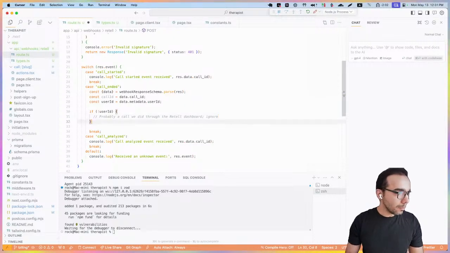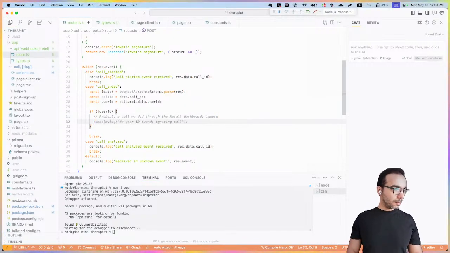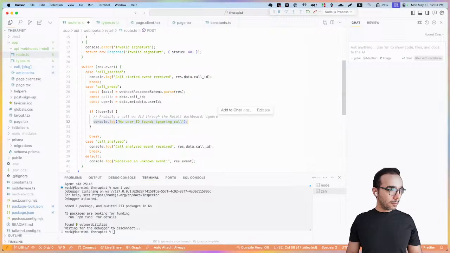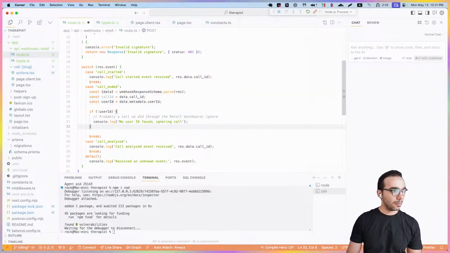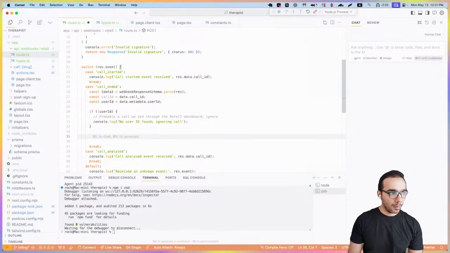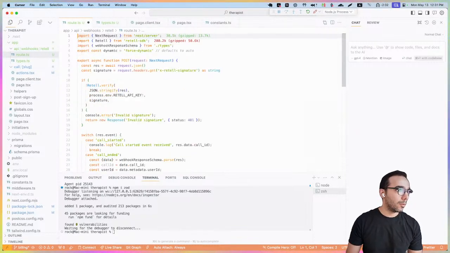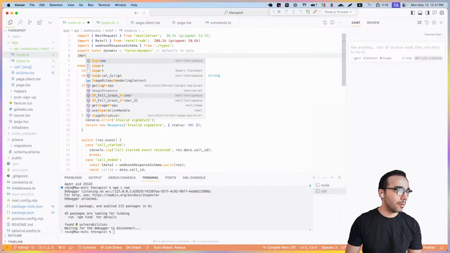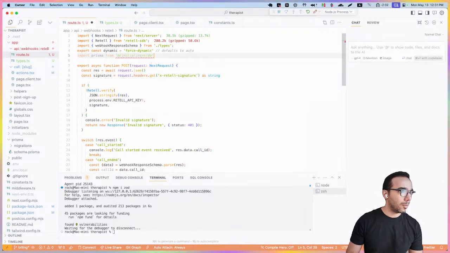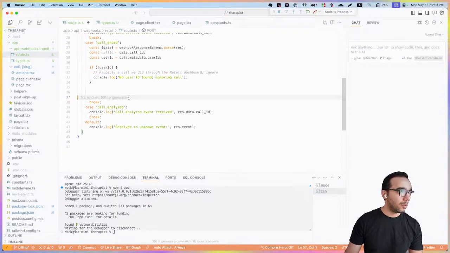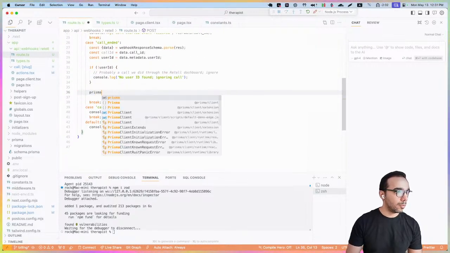Ignore. And update the database. So we're going to need Prisma from where at initializers DB, and then just do Prisma dot